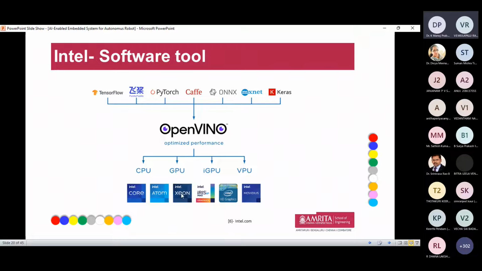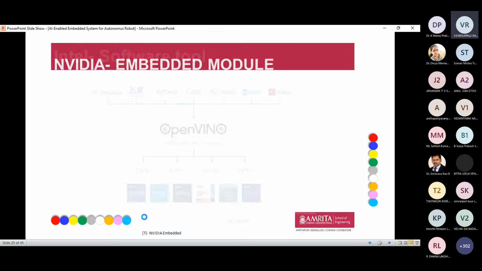So these are the CPU, that is the x86 model. And for the GPU, we have a Xeon processor, not a GPU, it's like a GPU with a Xeon x86 model. And Iris is one of the graphics processors, and HD Graphics is another. These are the two iGPU processors, which are really helpful for 3D construction in robotics. And Movidius is nothing but the computer vision part and image processing. This vision processing unit is really helpful for constructing robotics. So these are the software tools and how they can be interlinked with these embedded models.